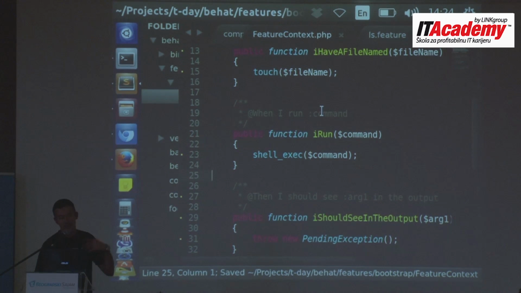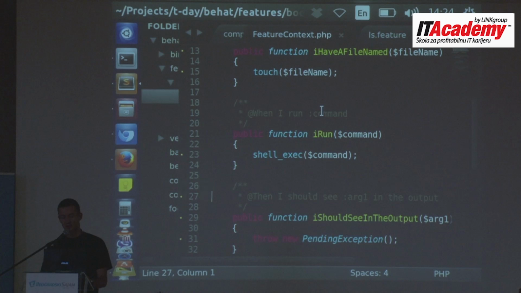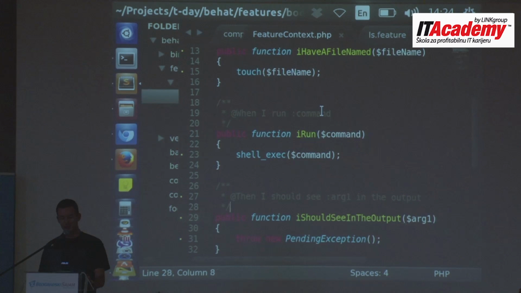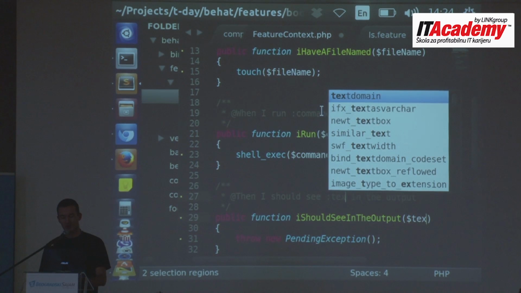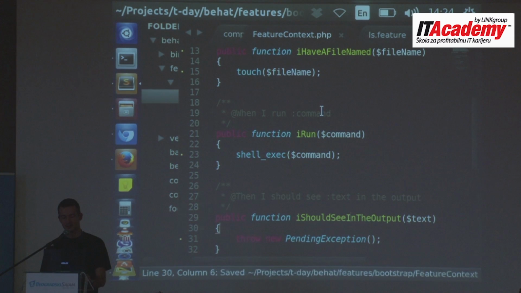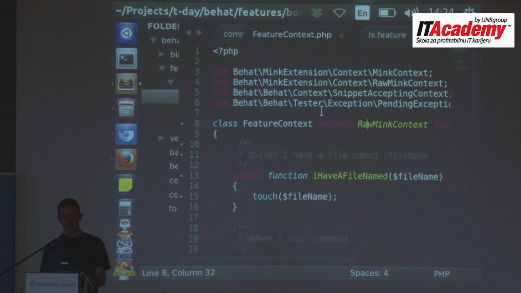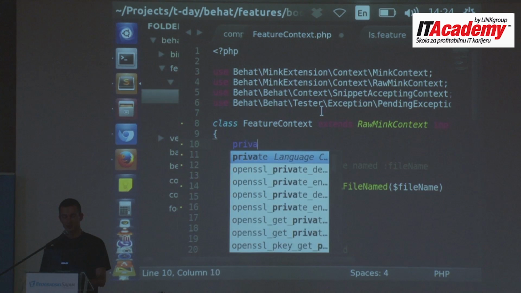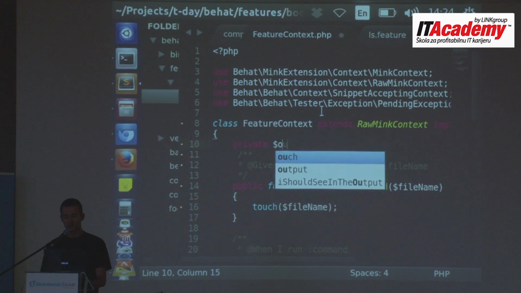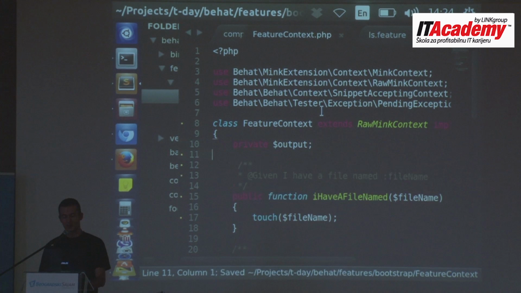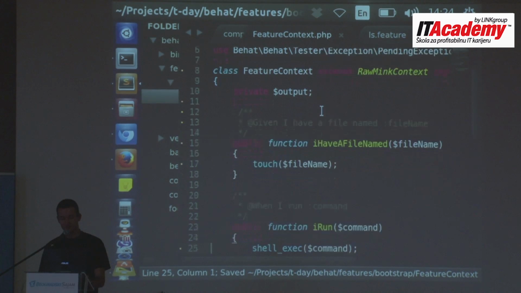So in Gherkin, when I say I run this command, it will actually run it. And the last one, I should see something in the output. So I will need this text in the output. So in order to assert this, I will just create a private property to store the output of the command. So I say private output, and then just save it here.